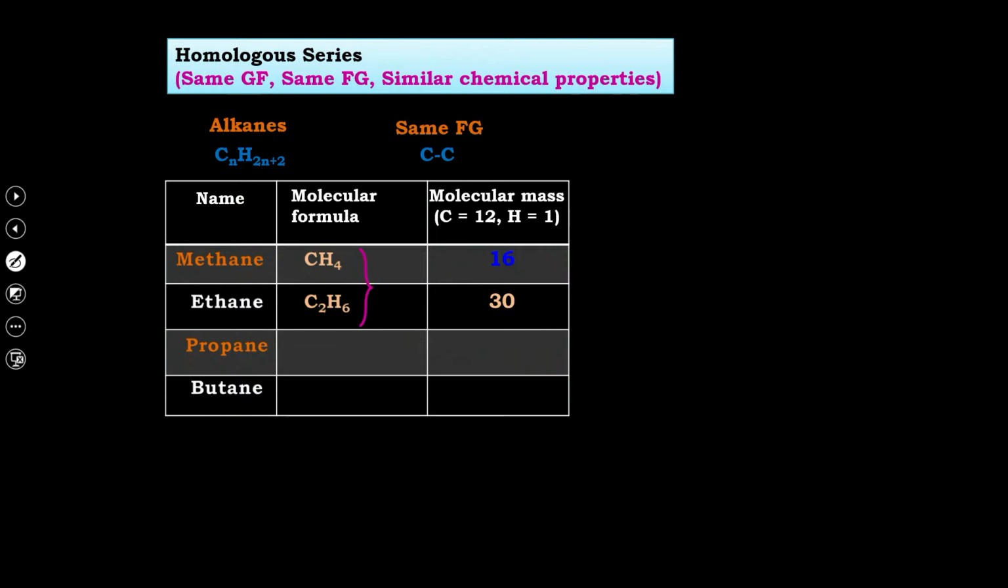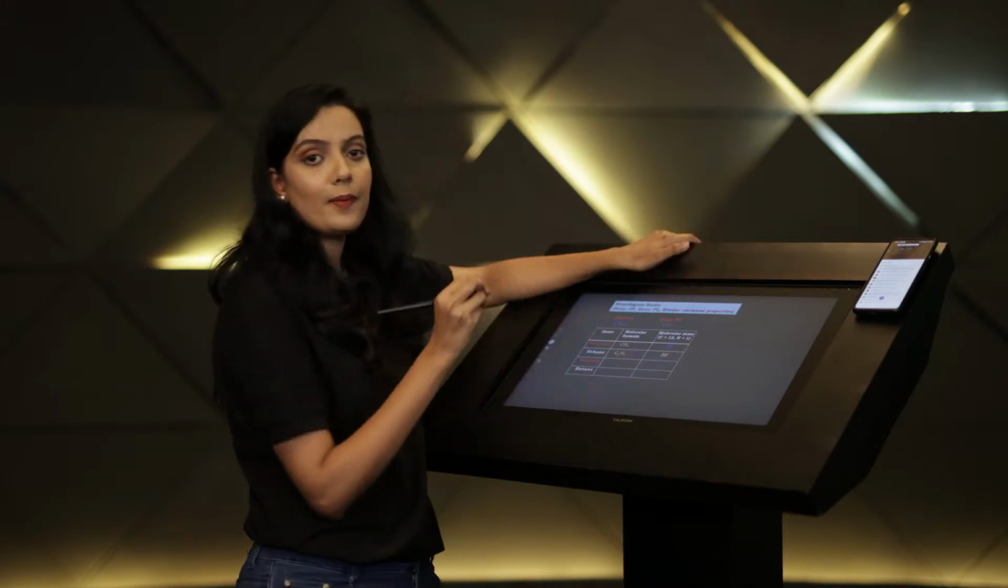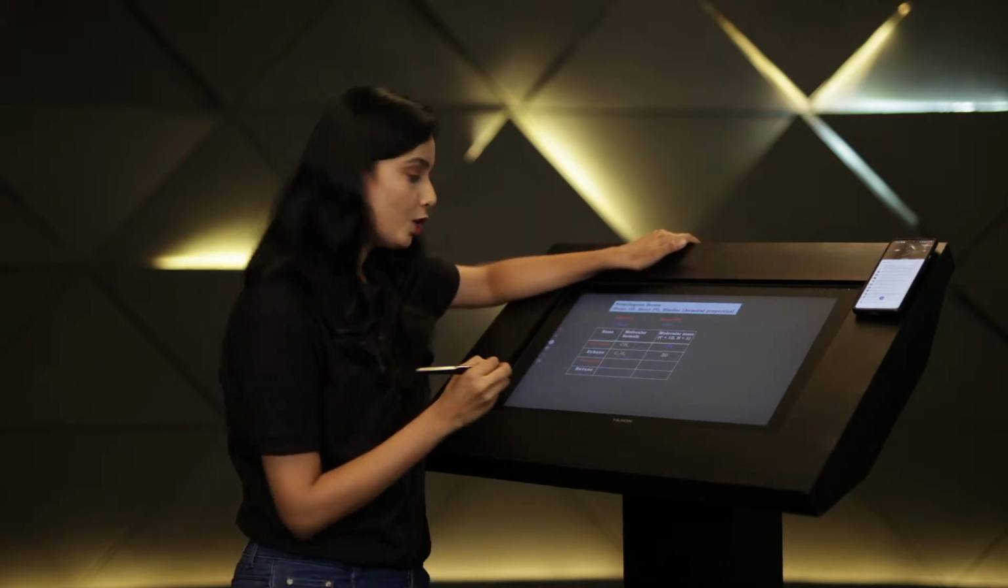So, what difference do you see here in methane and ethane? See, both are alkanes, that means the functional group is same for both the compounds. So, what is the difference here? So, the difference is between the number of carbon and hydrogen atoms and the molecular mass. That means the carbon atoms or the formula differ by one CH2 group and